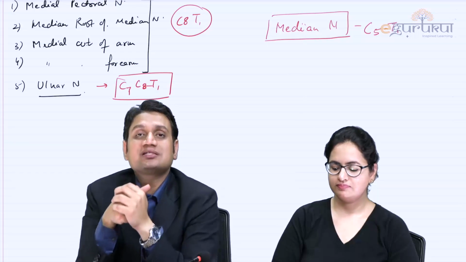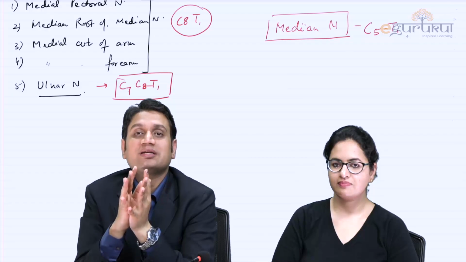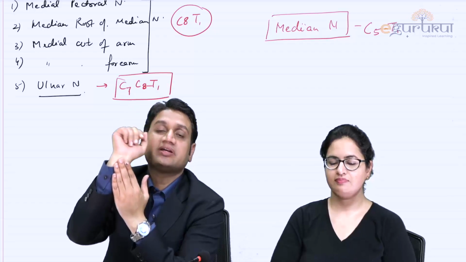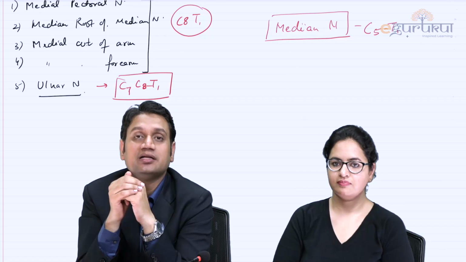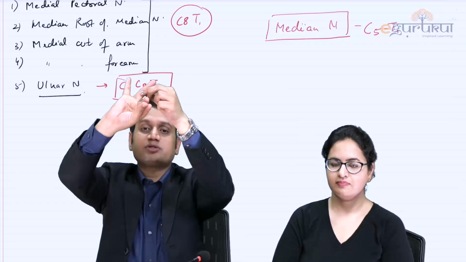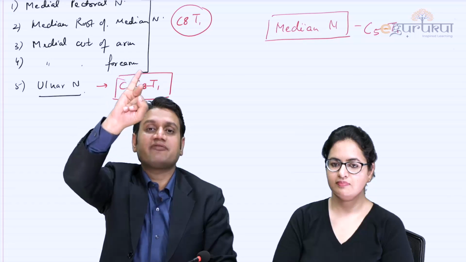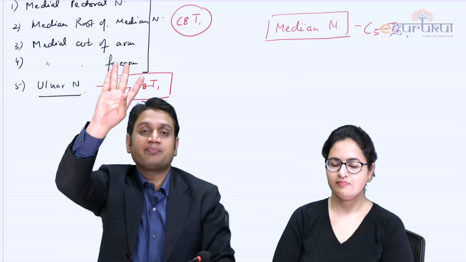Okay. So when you discuss the median and the ulnar nerve, be very sure that what you have to examine is the wrist, thumb and fingers. Now when you talk about the supply of the median and the ulnar, it's very simple. 3.5 of these fingers, partial of this also, and 1.5 of these fingers, the little finger, the medial finger and the ring finger. Okay, so 3.5 and 1.5.